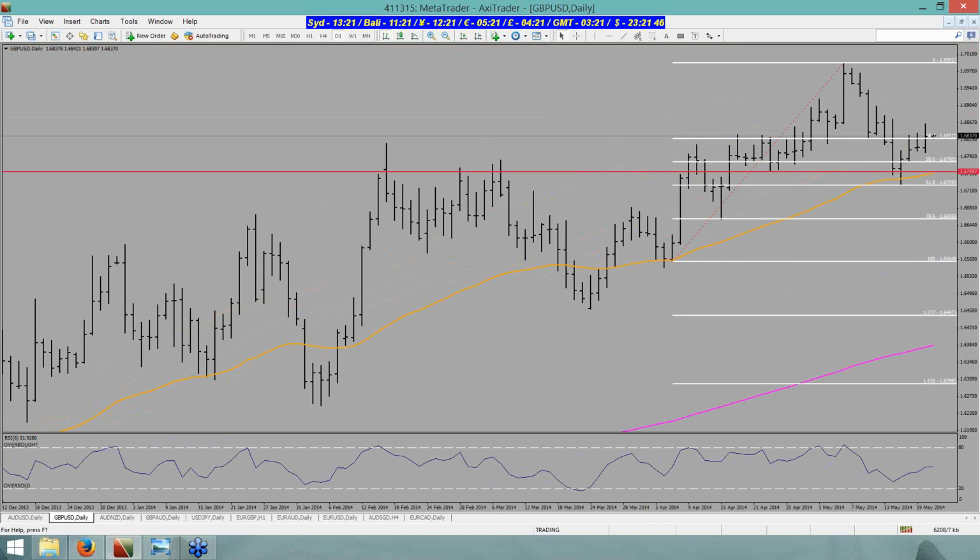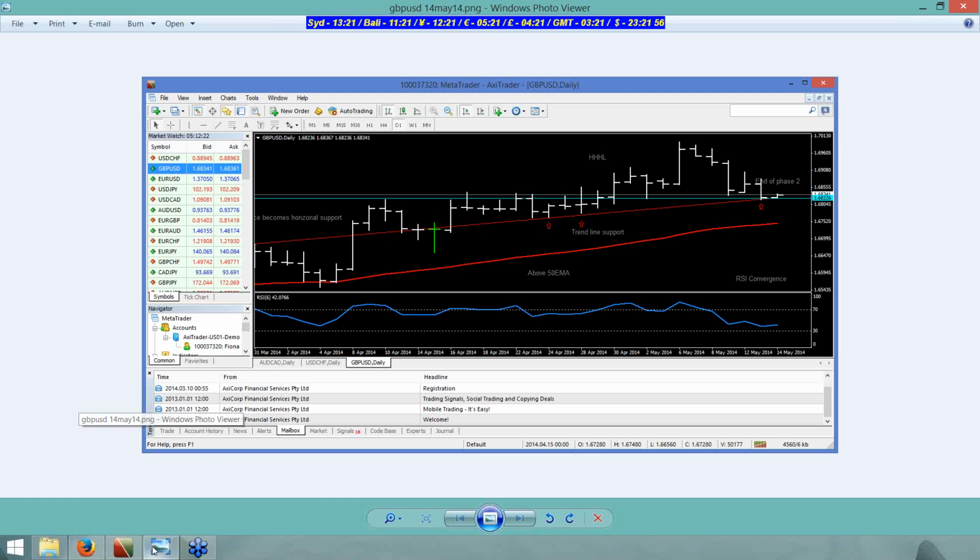I believe it is in an uptrend. There's RSI, I believe it is at the end of phase 2. It is above the 50 EMA. I feel it could be a potentially traded long. Right, well, you've seen what's happened since you sent this.